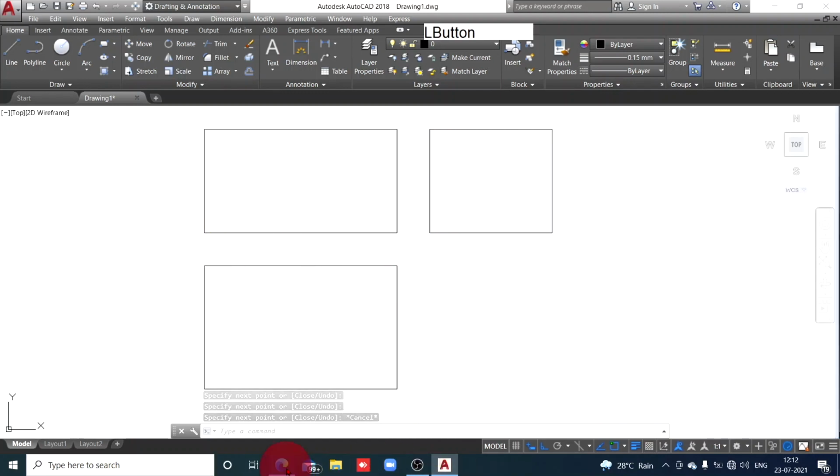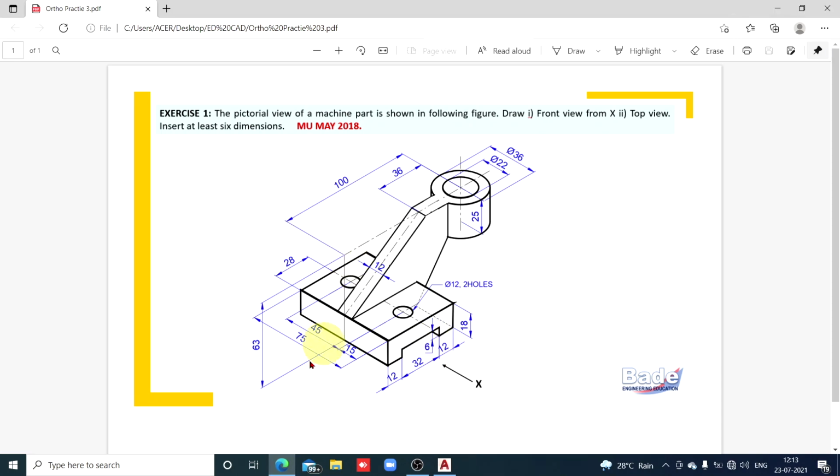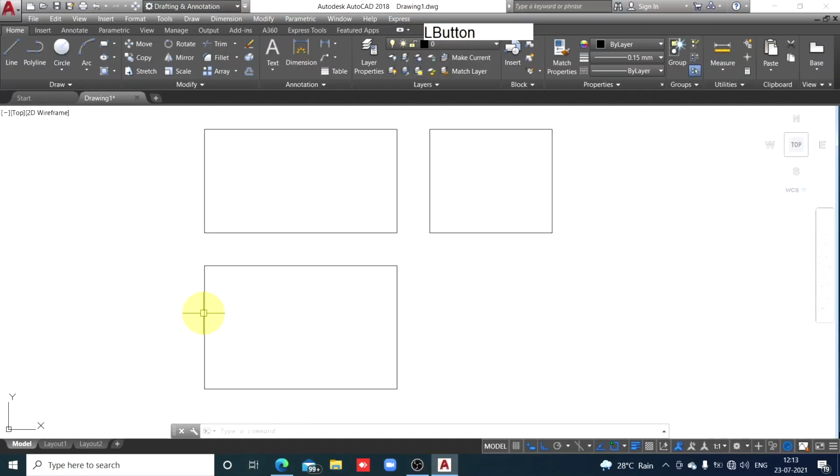Now watch the diagram. Front and back are similar, left and right are not similar, top and bottom are not similar, but front and back are similar because all visible details on the front side and back side are identical or mirror images. Therefore, front side and back side are similar. So this is the front side of the object, this is the back side of the object. So here you will have to draw an axis of symmetry in this manner.